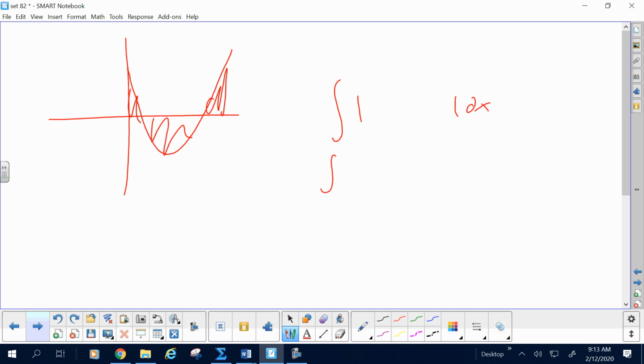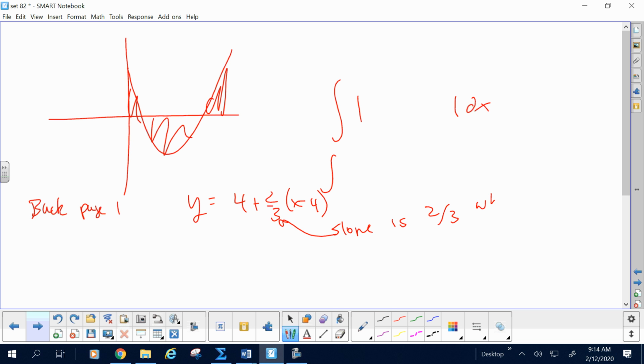Some of you really overthought A. It says the tangent line is y equals 4 plus 2/3 x minus 4. That means the slope must be 2/3 when x is 4, yeah? For both g and h. Actually, tangent and h, both at x equal, oh,